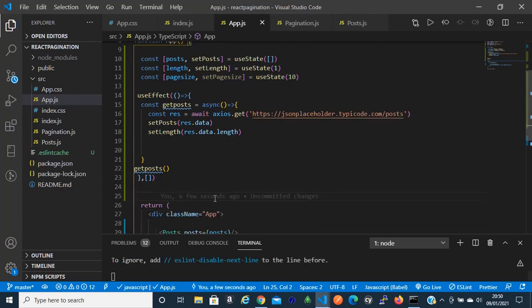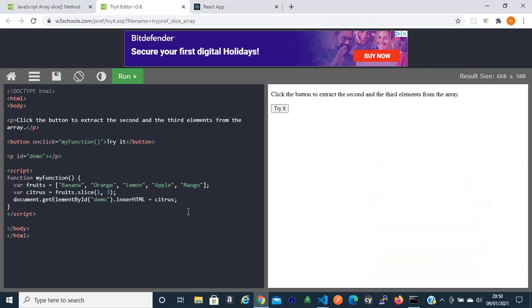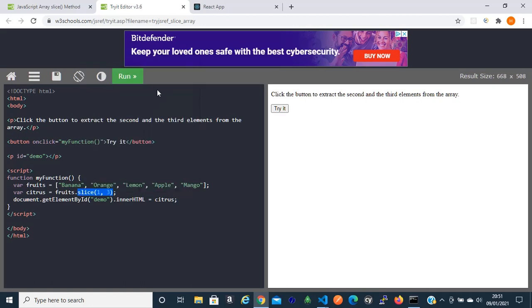So that's why we use our function here, this function here. So you can pick how many posts you want to render. If you make use of this JavaScript function, we copy that,